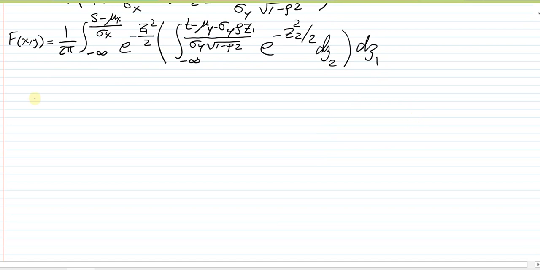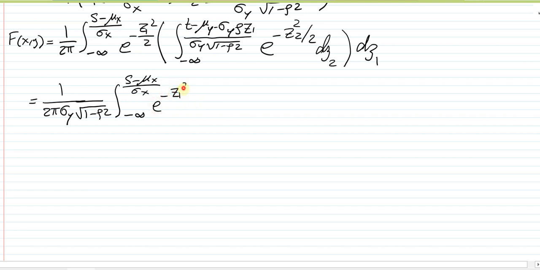So next, I'm going to do the following. I'm going to bring out 1 over 2 pi sigma y square root of 1 minus rho squared. Okay, this part is independent of the variable z1, so that's a constant. So I brought it outside the integral. And then the integral becomes negative infinity to (s minus mu x) over sigma x, and this is going to be e to the negative z1 squared over 2